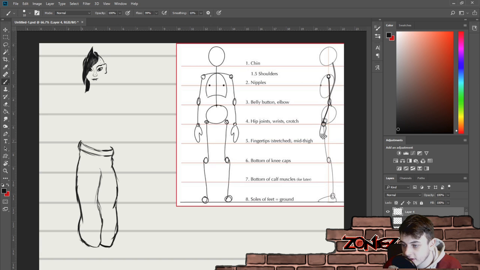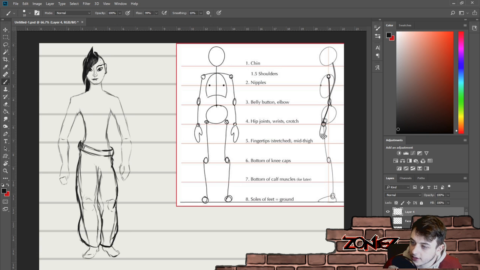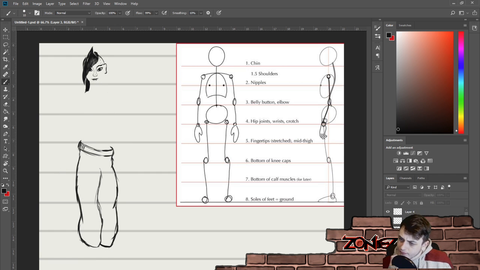How is this? Keep the legs back. What do we got? A little messed up, if I do say so. We'll keep going. We always keep going.